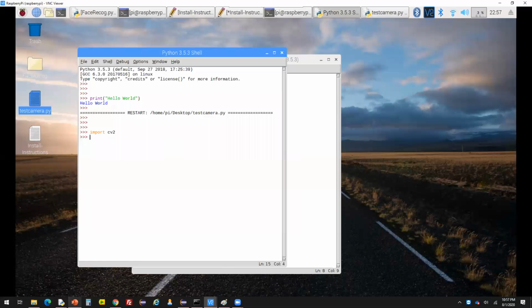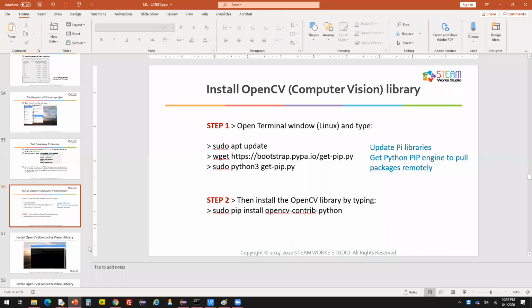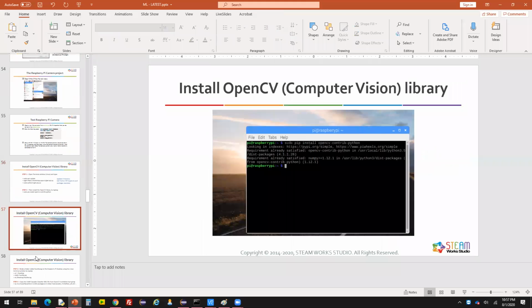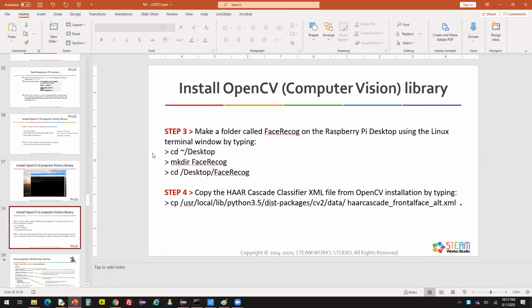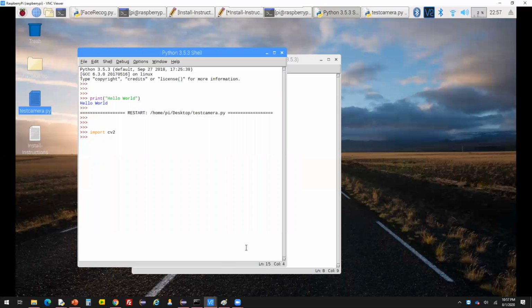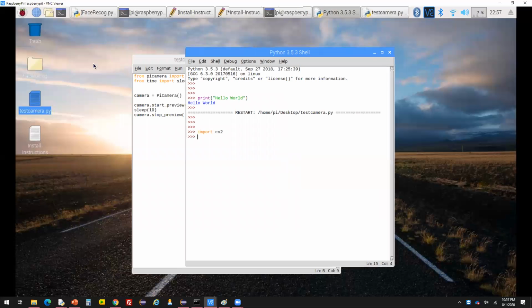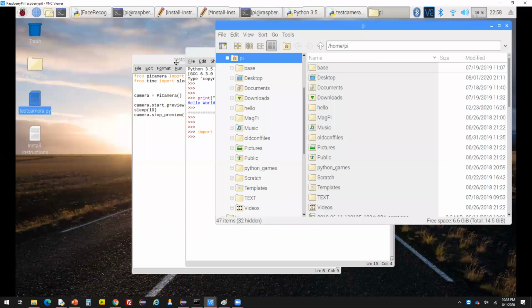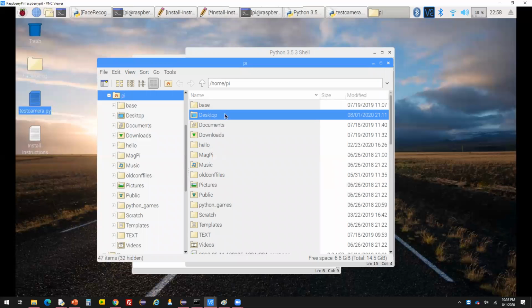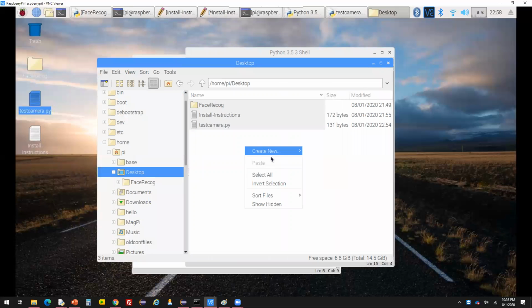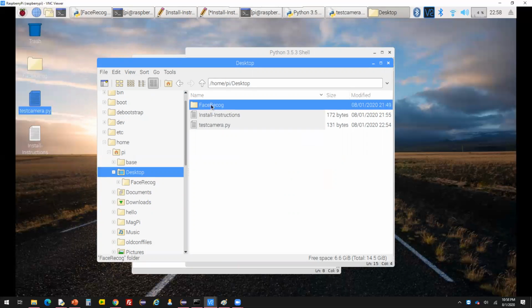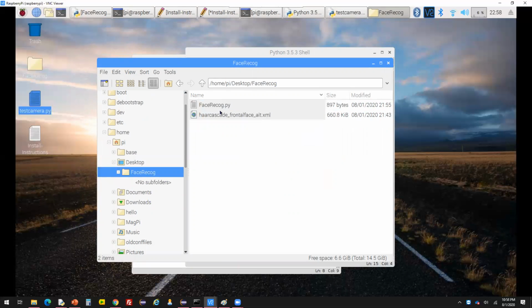The next step is we have to create a directory. Let's create a folder on the main desktop. You can use this tool on the very top. Go to desktop. Once you are there, you can create a new folder, and you can create a folder called face record like this. So I have already done that. The other thing I need to do is